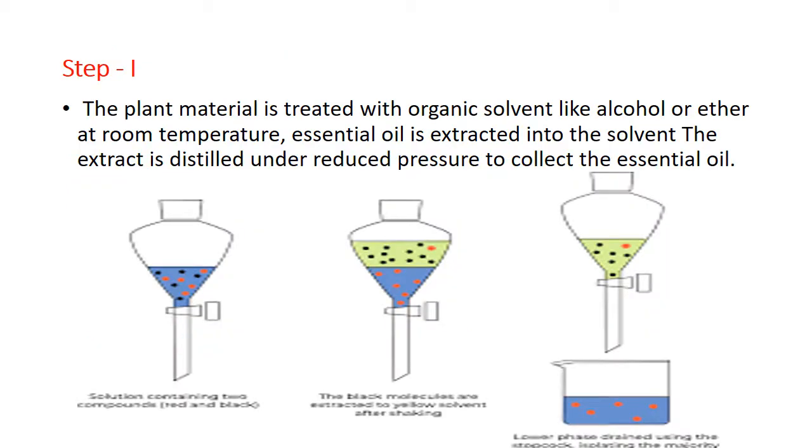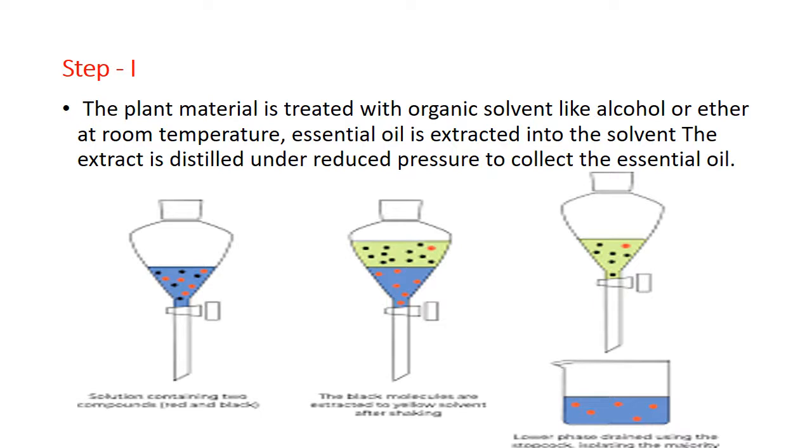In the last video clip, we have seen the steam distillation, and where the receiver collects the distillate. That distillate contains two layers, one upper layer, another lower layer. The upper layer is made up of essential oil, and the lower layer is made up of water, or the aqueous layer, and these two layers are separated by using the separating funnel, and this apparatus is known as the separating funnel.